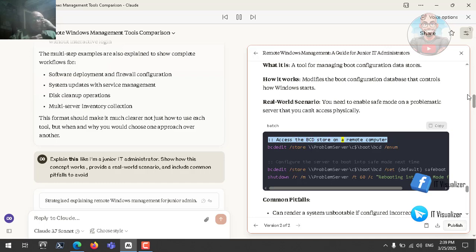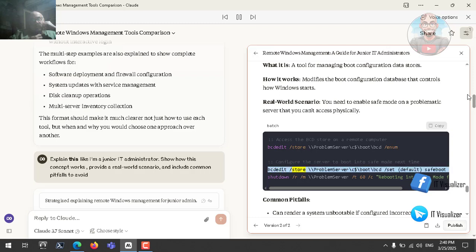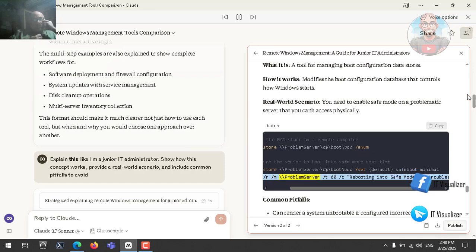Access the BCD store on a remote computer: bcdedit /store \\problemserver\C$\boot\BCD /enum. Configure the server to boot in safe mode next time: bcdedit /store \\problemserver\C$\boot\BCD /set {default} safeboot minimal. shutdown /r /m \\problemserver /t 60 /c "Rebooting in safe mode for troubleshooting"